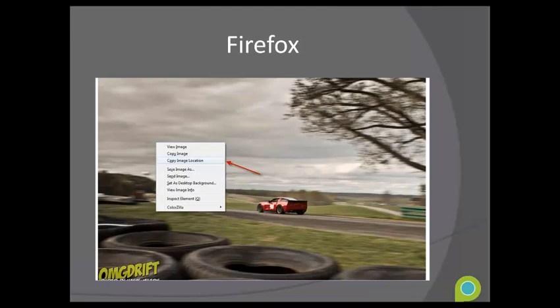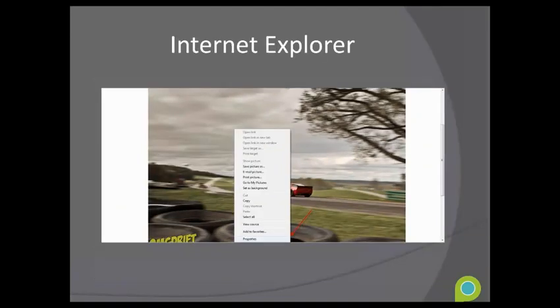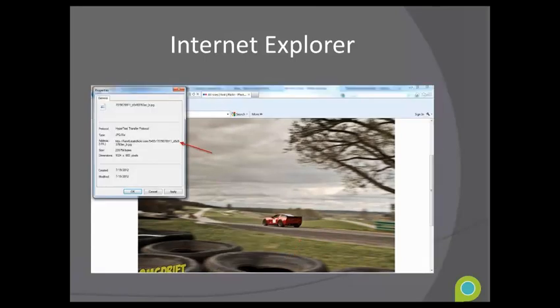Also here we've got Internet Explorer. So whenever you right-click in Internet Explorer, it brings up this drop-down menu. What you need to do is go to the very bottom, click on Properties, and then it pulls this up for you, which is going to be the properties of the image, and you'll need to copy the address. So once you either copy the image location or copy the address from here, you go into your blog post,